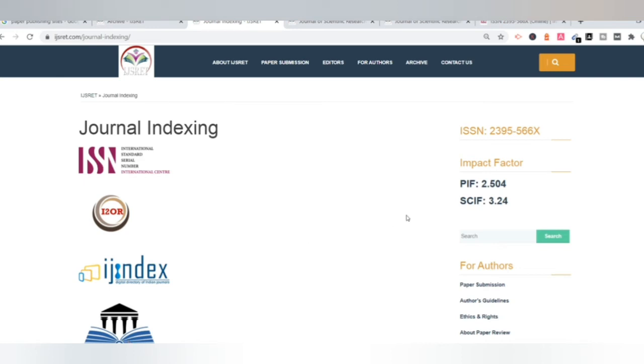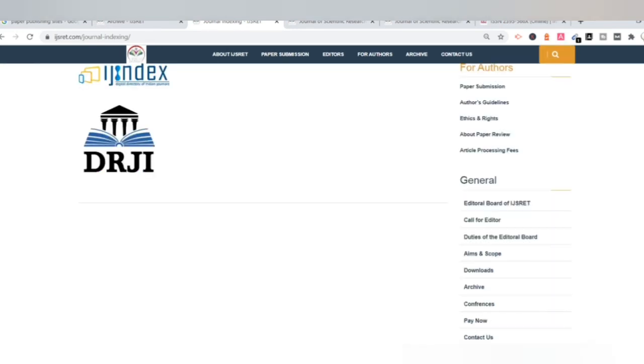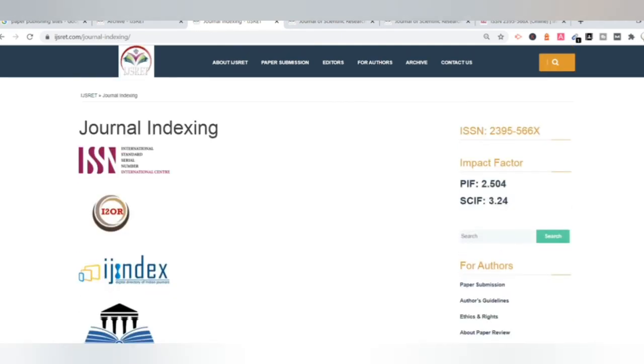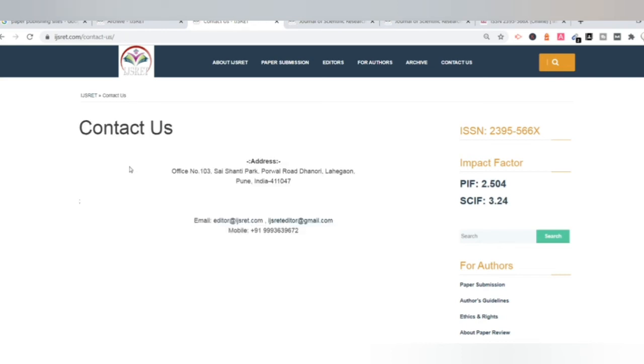So I suggest if journals are not mentioning such information, then before submitting a paper, just visit the contact us page, find an email ID, and ask the editor how to submit or how much time they will take to review a paper. Once you get complete information on how much time it takes, what the publication cost is, whether the journal is valid, and what the indexings are, then the author can submit the paper.